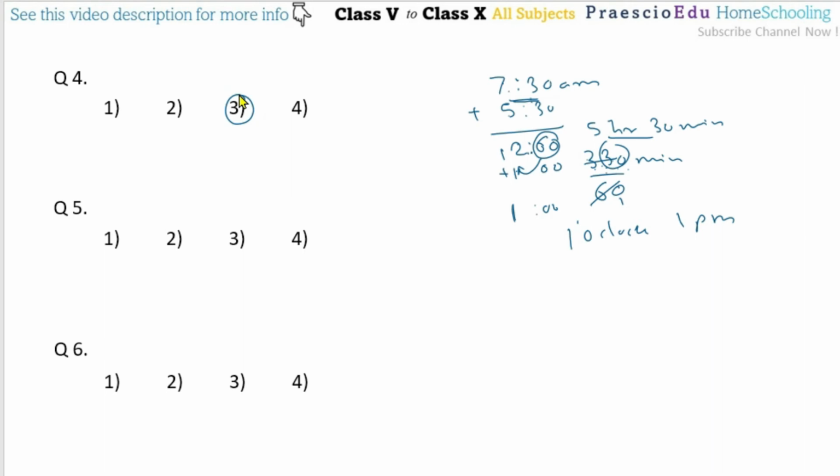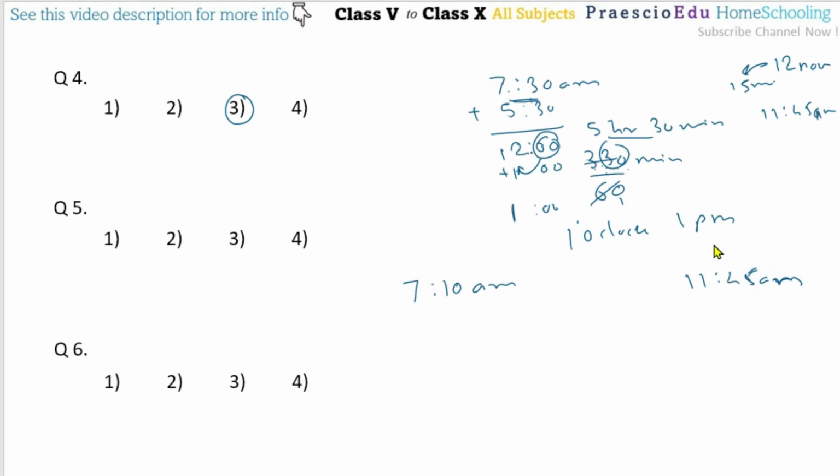On Saturday, the school begins at 7:10 in the morning and closes at 15 minutes to 12 before noon. So the starting time is 7:10 a.m., and it closes at 15 minutes to 12 before noon. 15 minutes before 12 noon means 11:45 a.m. So 11:45 a.m. is the school closing time.